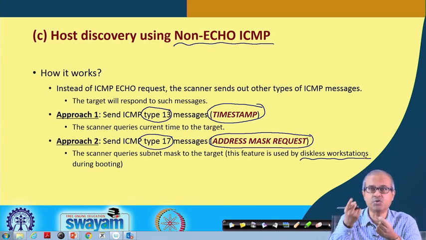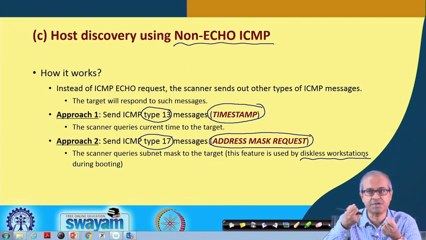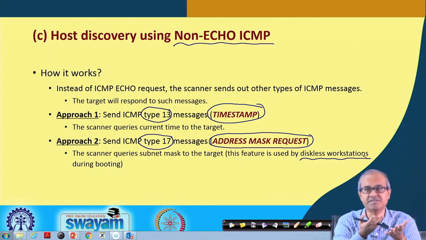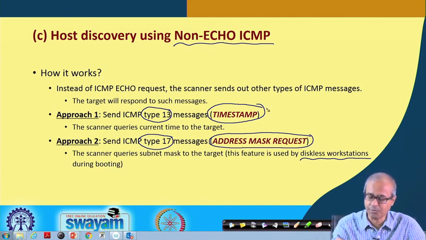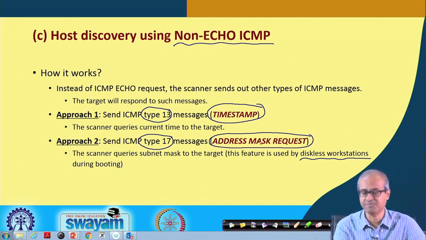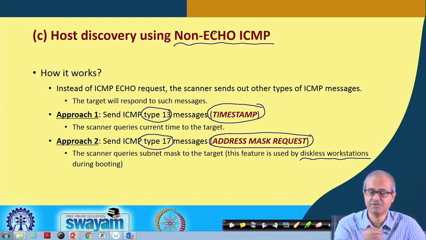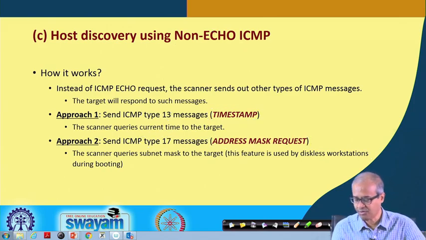So, it will be sending a query to a server. Whenever it boots up, it will get the subnet mask from there, and from there it will start the network services. So, there are broadly two approaches, timestamp or address mask request, using which you can mount this kind of non-echo ICMP requests to discover a host.